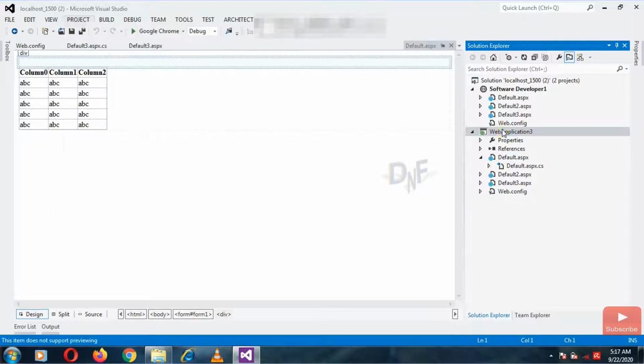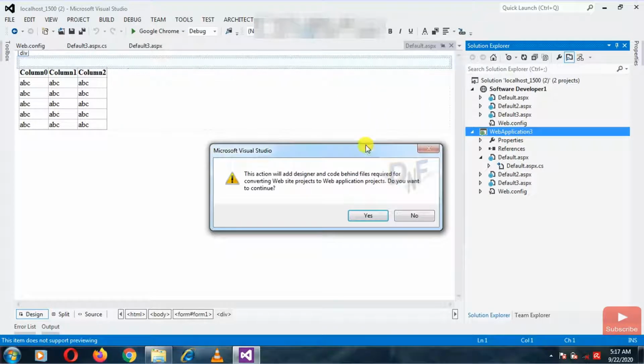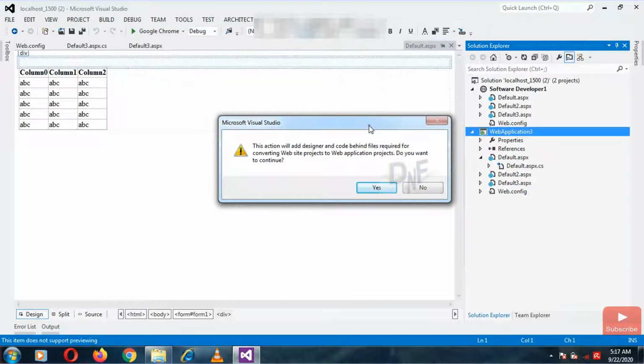But in my case, I am using Visual Studio 2012, so I can see this option on the right-click of the project. So I am just converting it.